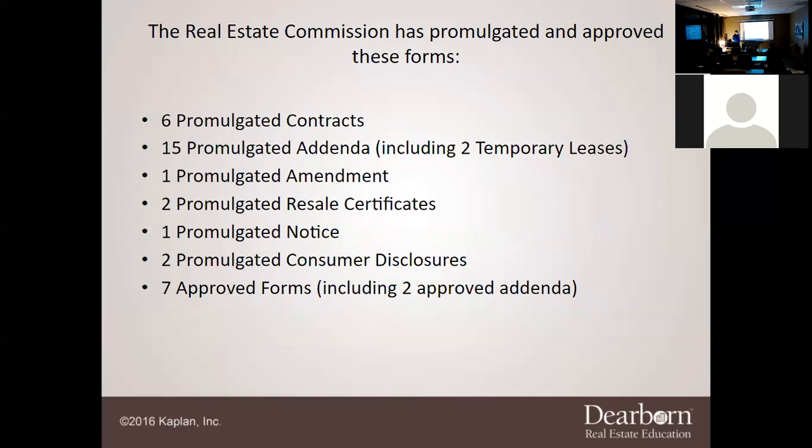Now, the Texas Real Estate Commission has promulgated and approved these forms. This is what we're looking at here. There have been 6 promulgated contracts, 15 promulgated addenda, including 2 temporary leases, 1 promulgated amendment, 2 promulgated resale certificates, 1 promulgated notice, 2 promulgated consumer disclosures, and 7 approved forms, including 2 approved addenda.